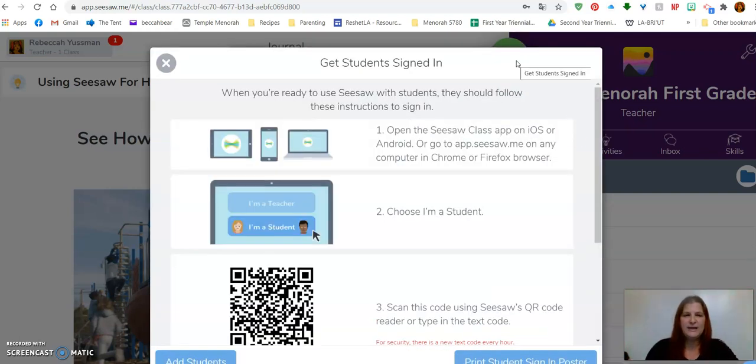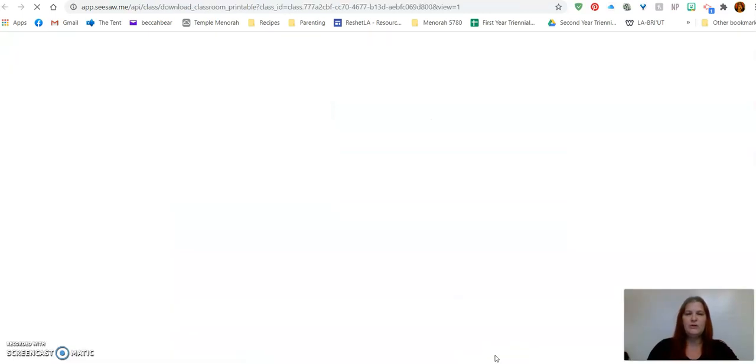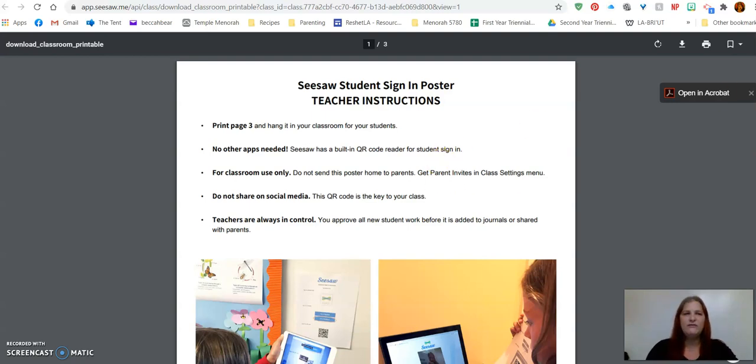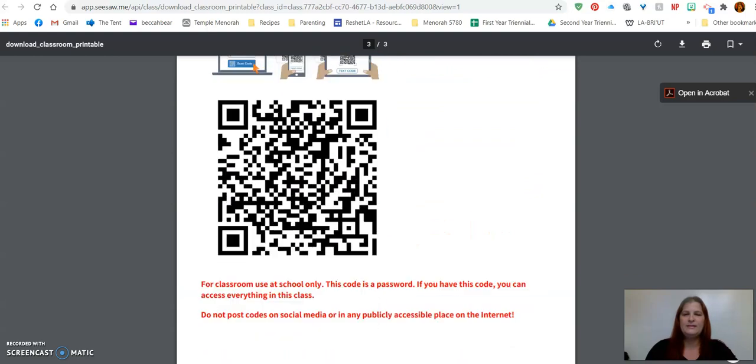And to get students signed in, SeeSaw actually gives you a lot of different options. We're going to go ahead and print student sign-in posters, which is going to create for us individual login instructions for each student that we have enabled. And this